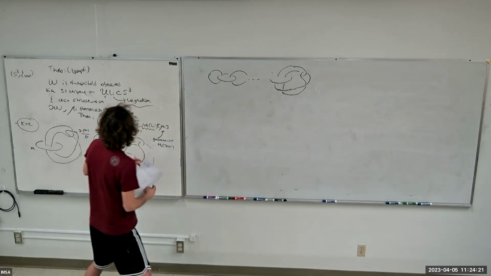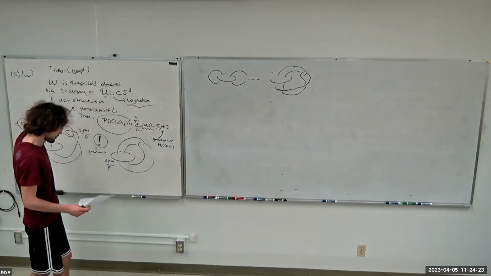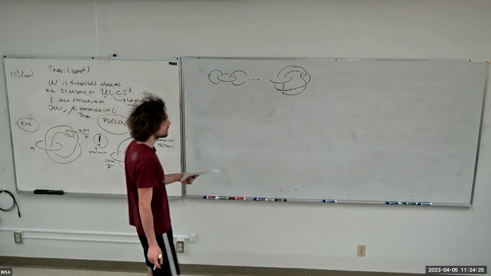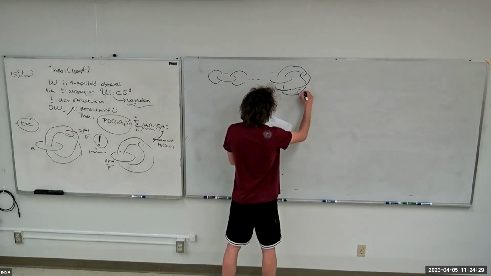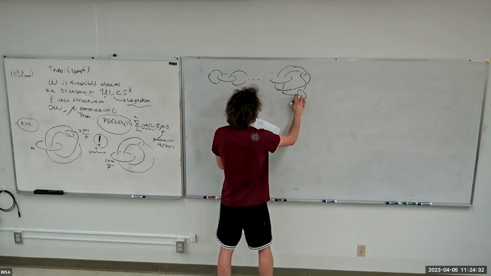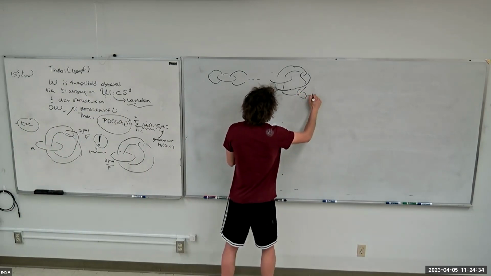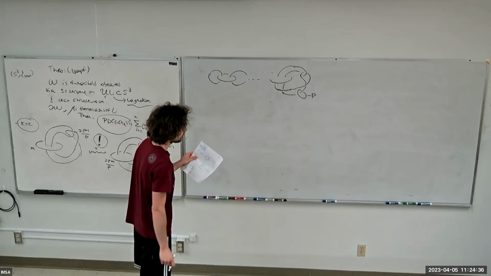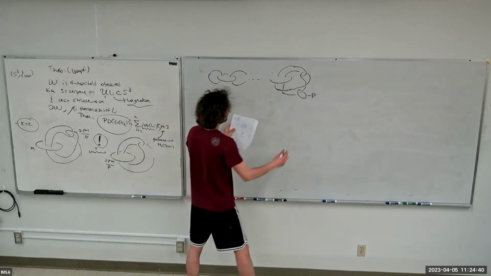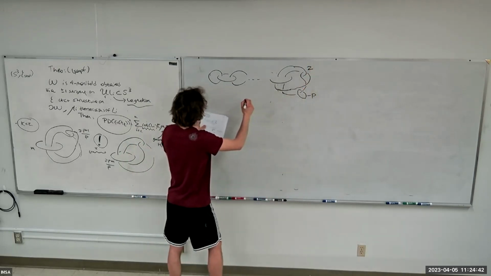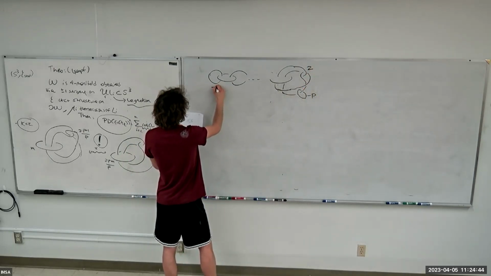This is just a handle slide, and what this will produce is just an easy Kirby calculus thing. It's a -p framed meridian of that guy, and now the surgery coefficients, the smooth ones, are